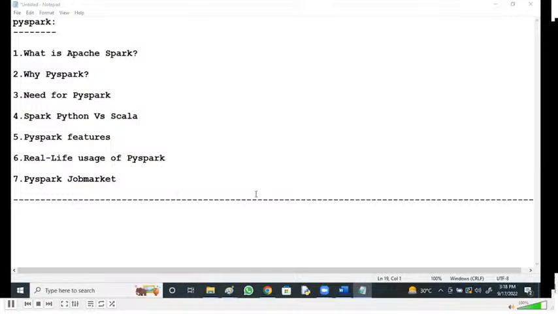So what is Apache Spark? Before I go, let me say the evolution of Apache Spark.